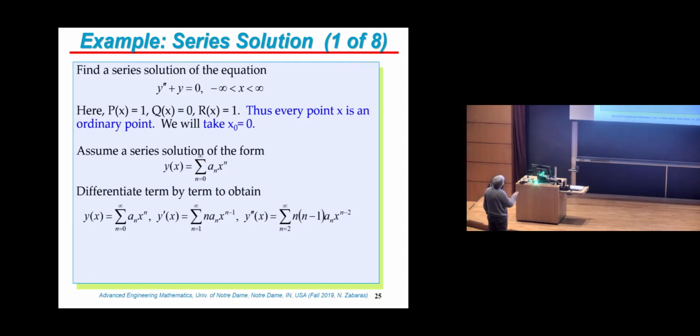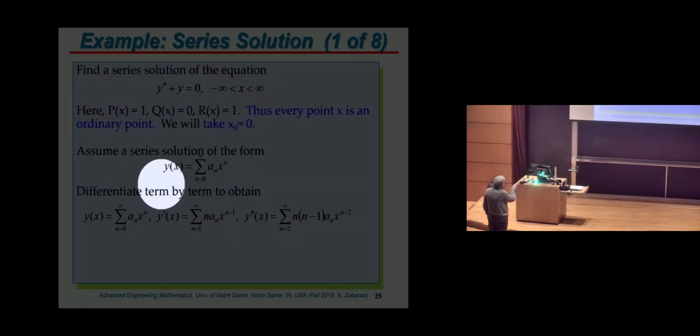Obviously, we need to compute the second derivative. So we can differentiate term by term. So this is the first derivative. And notice the summation now becomes from n equal to 1 to infinity, right? Because for n equal to 1, I get,